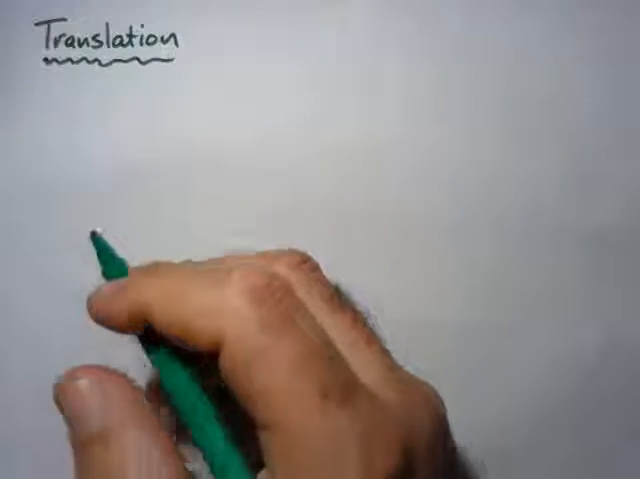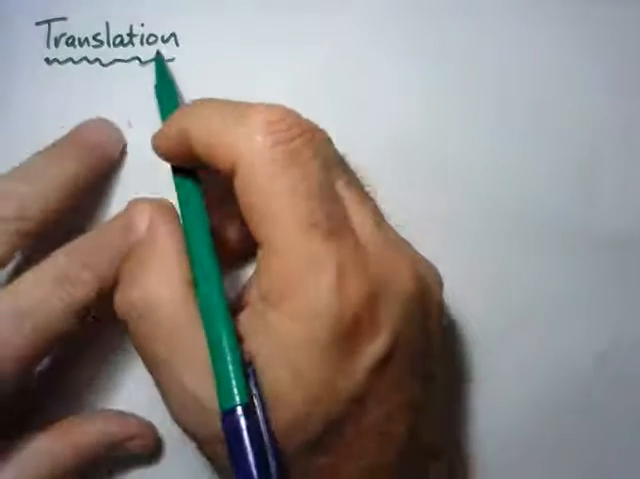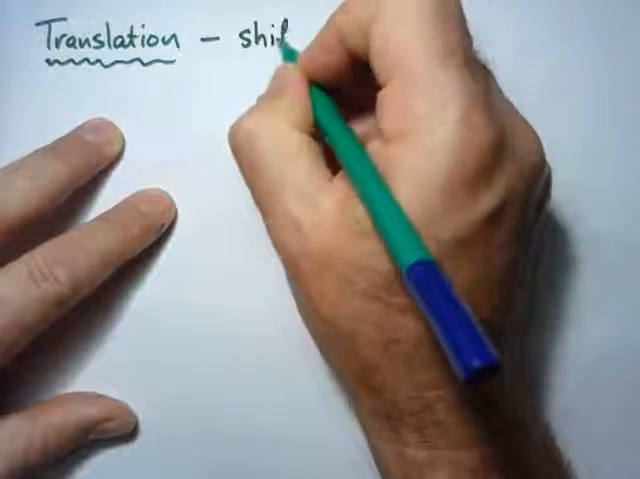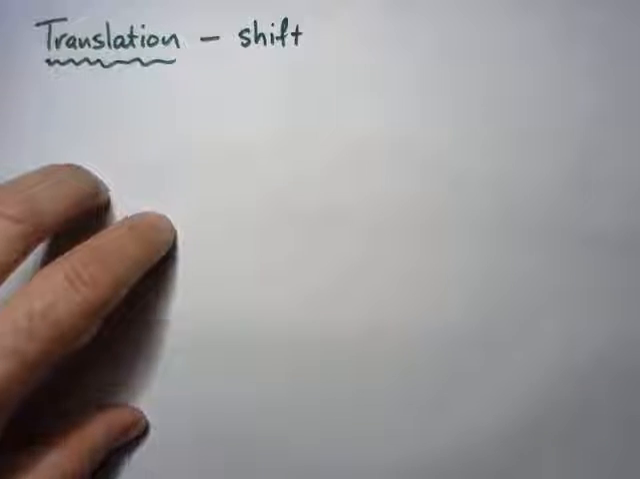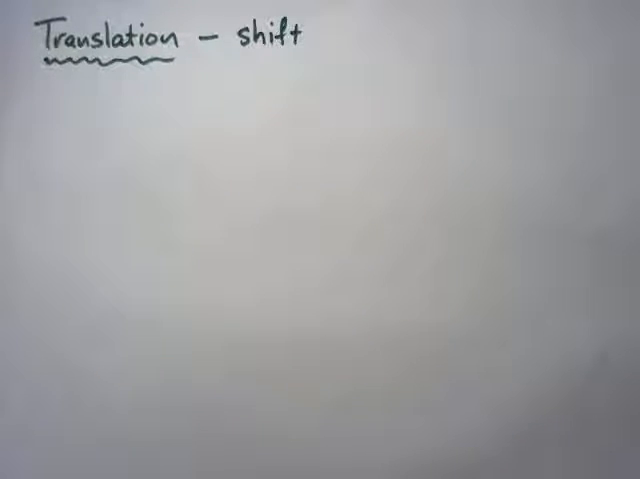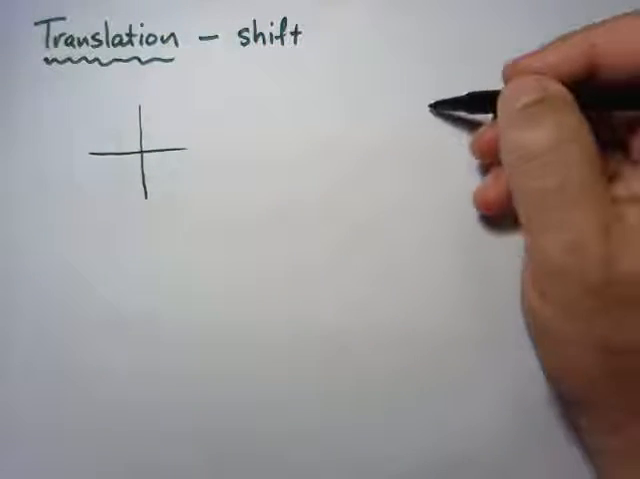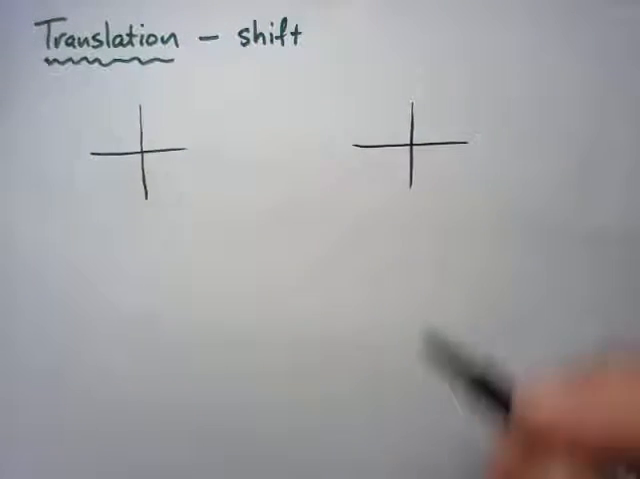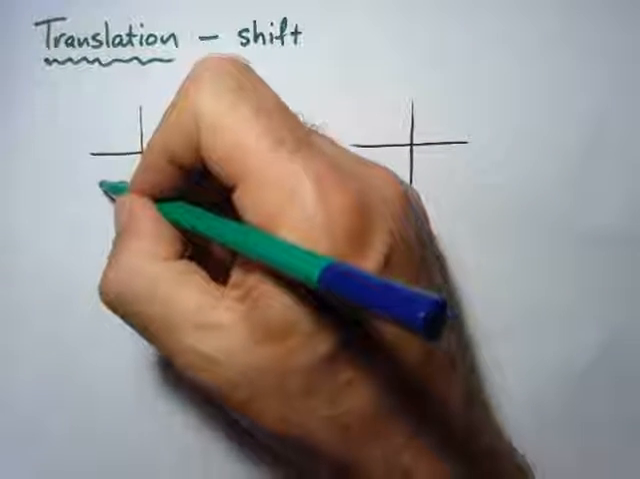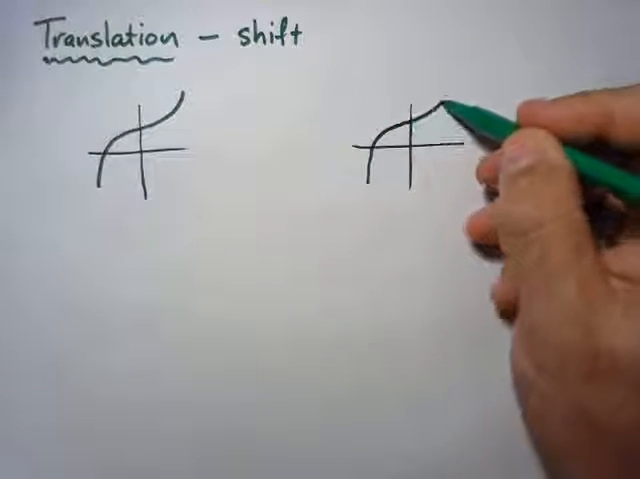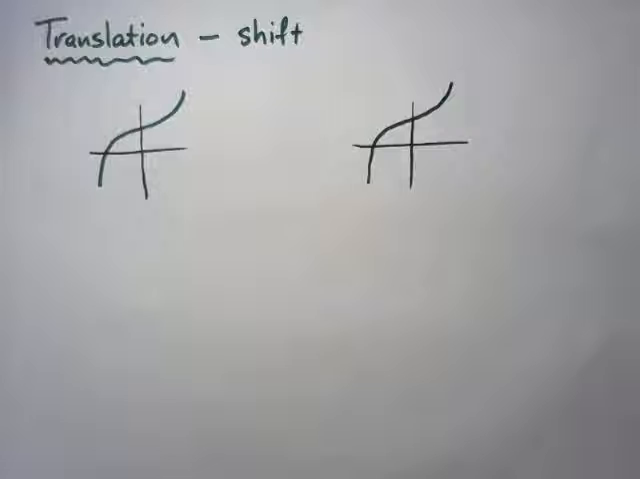Our last transformation of graphs is translation, and translation is a shift or a move. We're going to have the same deal. It's going to either shift in the x direction or it's going to shift in the y direction. So we're going to have our whole f(x) there, and while I have green, let's have it there. What's going to happen is I'm going to have